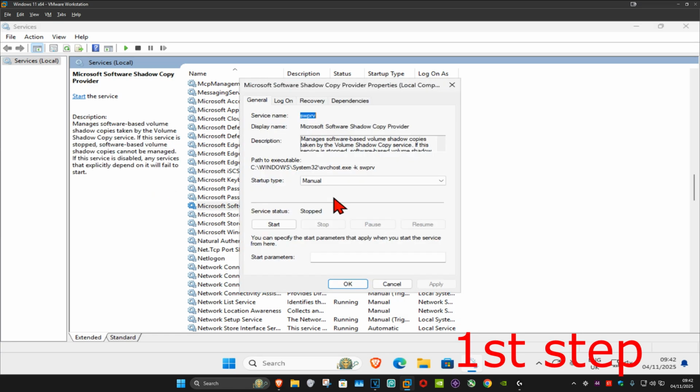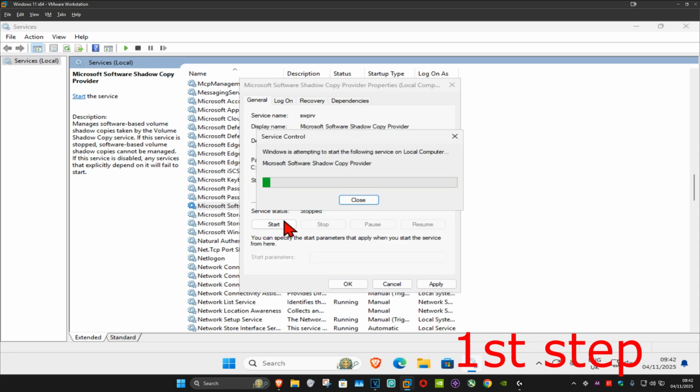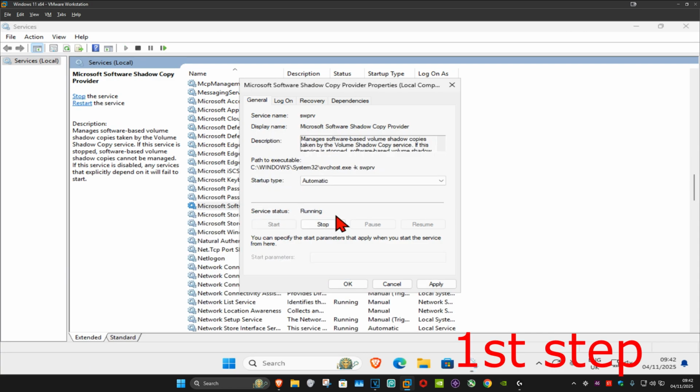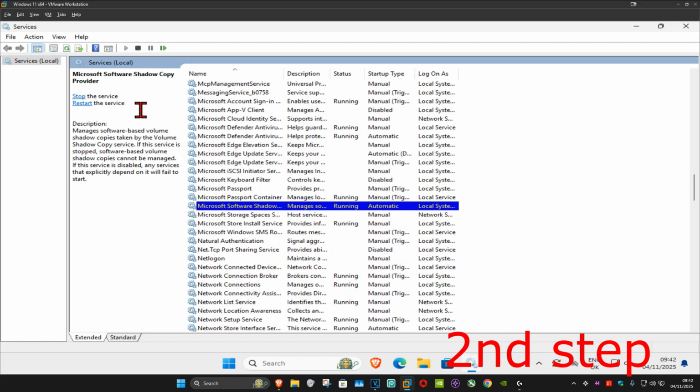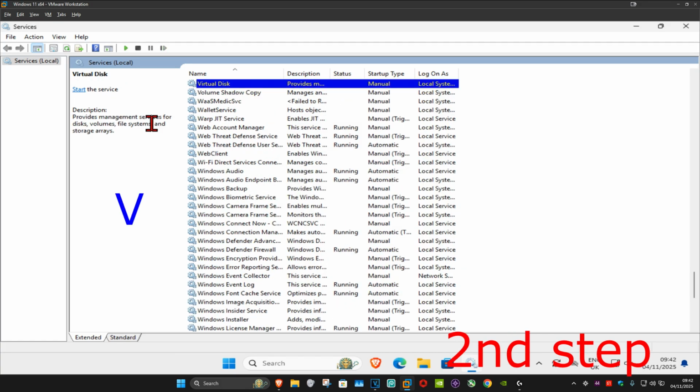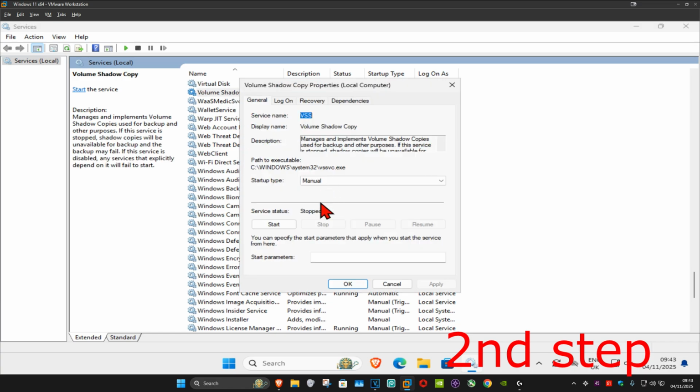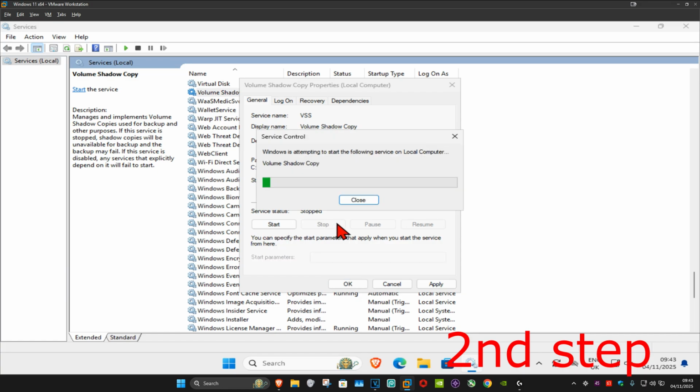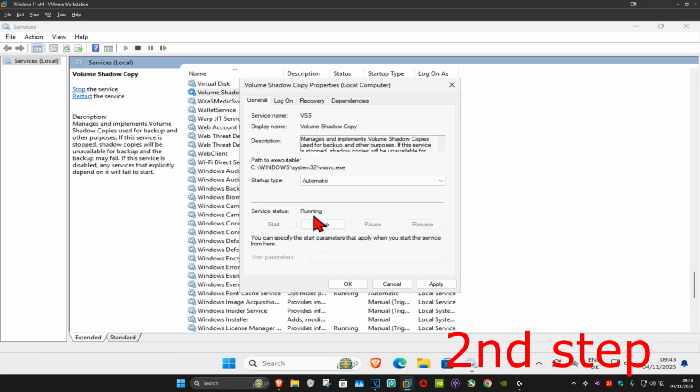Double click on it. Make sure that you have the startup type on automatic and then click on start, which will now make the service status running, and then click on OK. Next, you want to click on V on your keyboard and you want to find Volume Shadow Copy. Double click on it and then do the same thing. Startup type, automatic, and then click on start, which will now make the service status running, and then click on